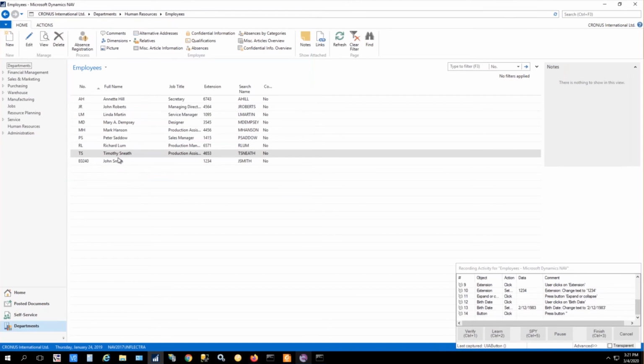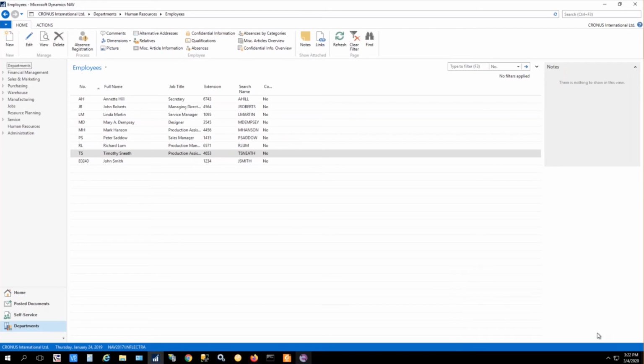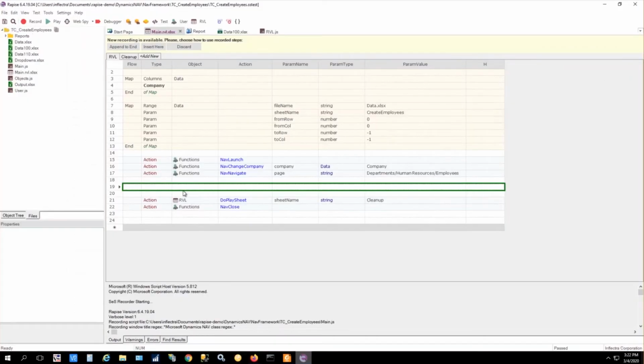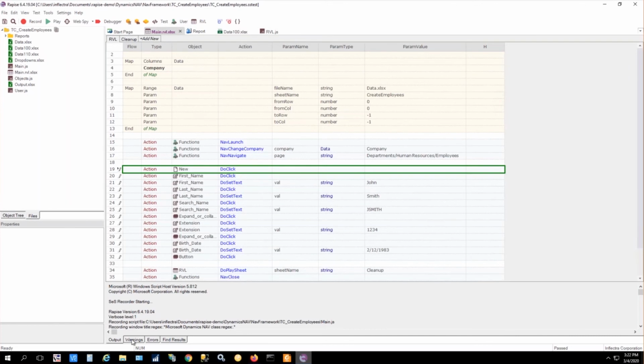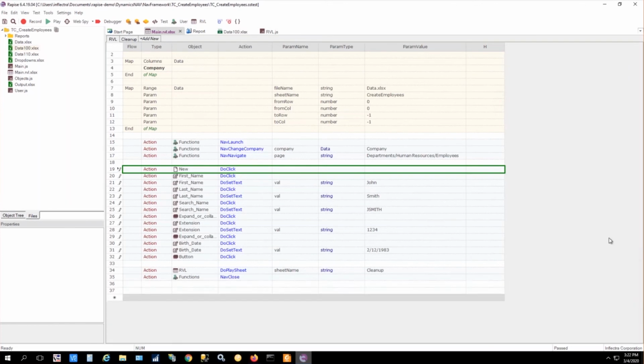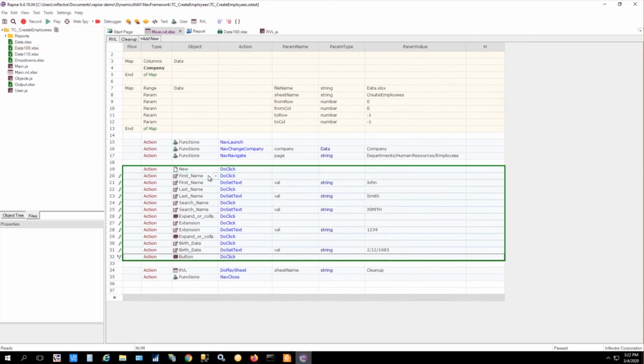And our employee is in the system. So now I may click finish and add my recorded steps to RVL. Insert my steps here. Okay, let's hide this. So this is our scenario that adds a new employee, and we can check that we can successfully replay these